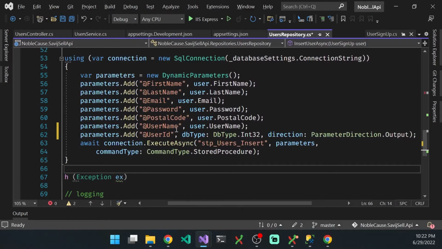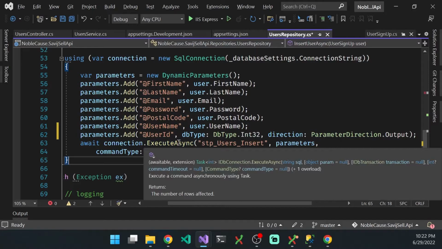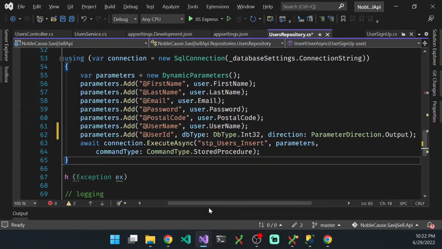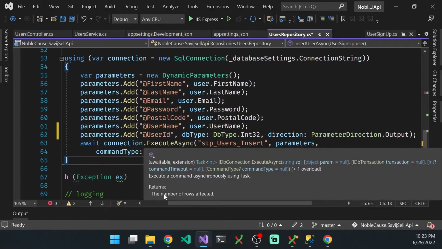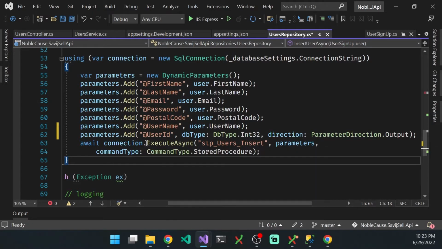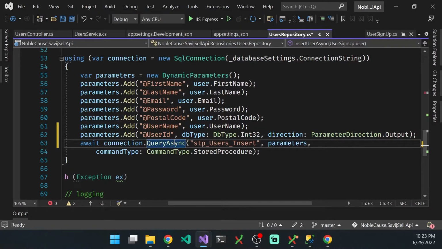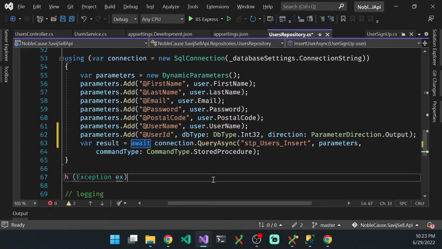And so execute doesn't return anything other than the number of rows affected. That's the int, I don't know if you can see that comment here. So I need to not do execute async. I need to do query async. And query async will return a value. So I'm going to say result on mine. And then